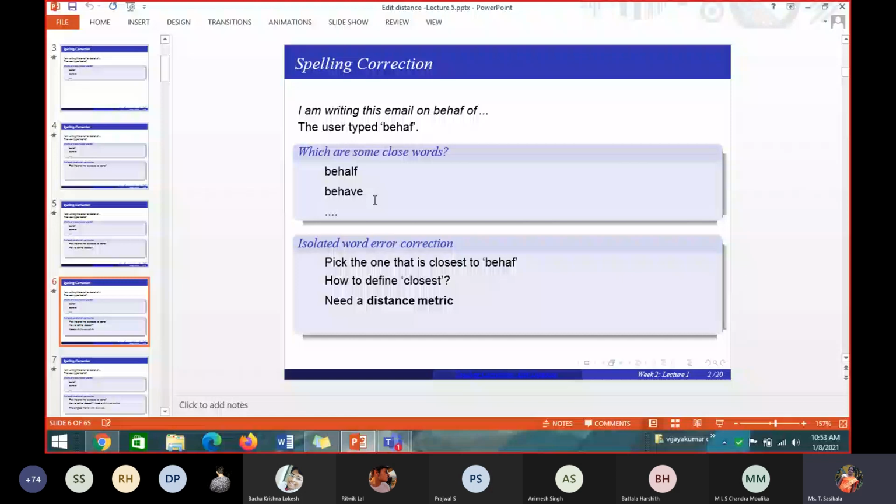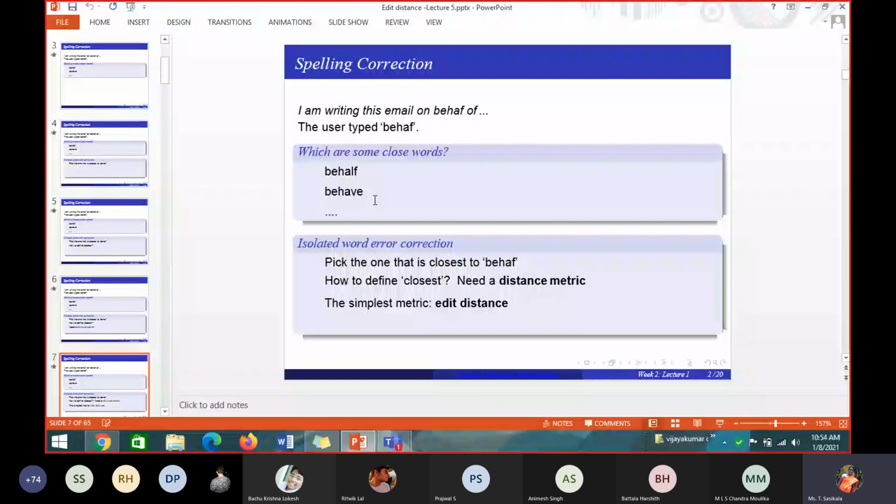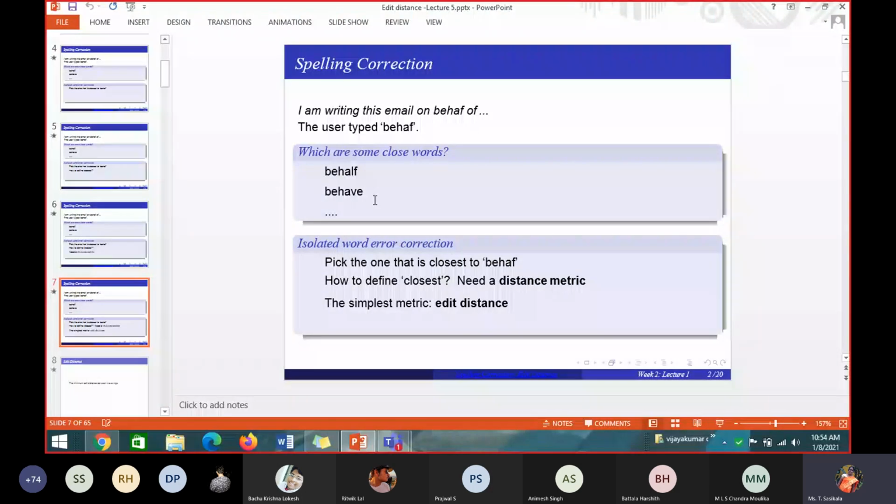I have to find the distance between these two points, and find the closeness, whether it is close to the first cluster, second, third, or fourth cluster. Similarly here also, how do we define the closeness? Closeness is defined by using a distance measure. Here the distance measure you are using is the edit distance measure. How to calculate the edit distance, I will tell you now.